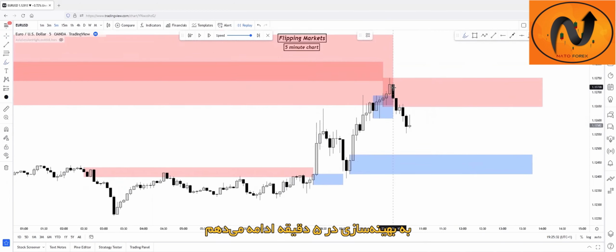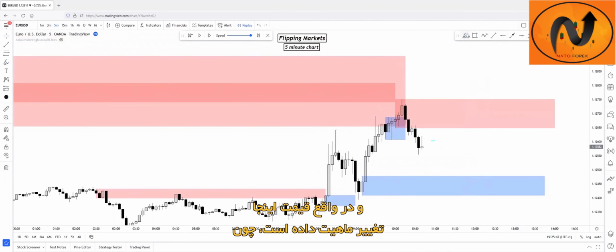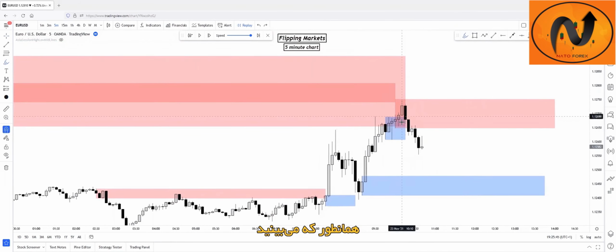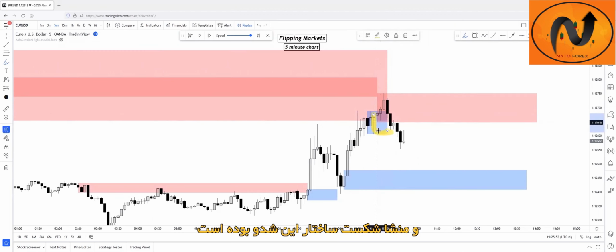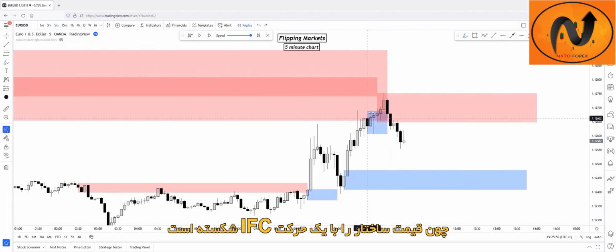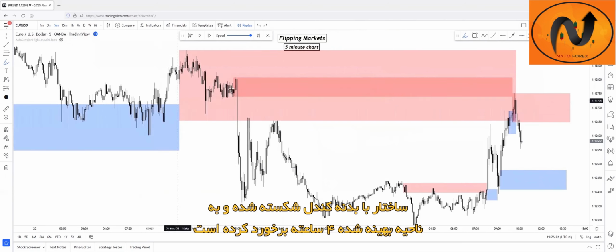Refine this 5-minute zone. And as you can see, here's the inside bar. Here's the 15-minute inside bar. And actually price changed character on this zone, because as you can see, price actually broke this last high point. This was the last high point, and the breakout of structure came into the market from this wick or this candle, because price broke the structure to the upside with an inefficient push. Here's an inefficiency, as you can see, and it body broke above and tapped this last supply zone, the refined